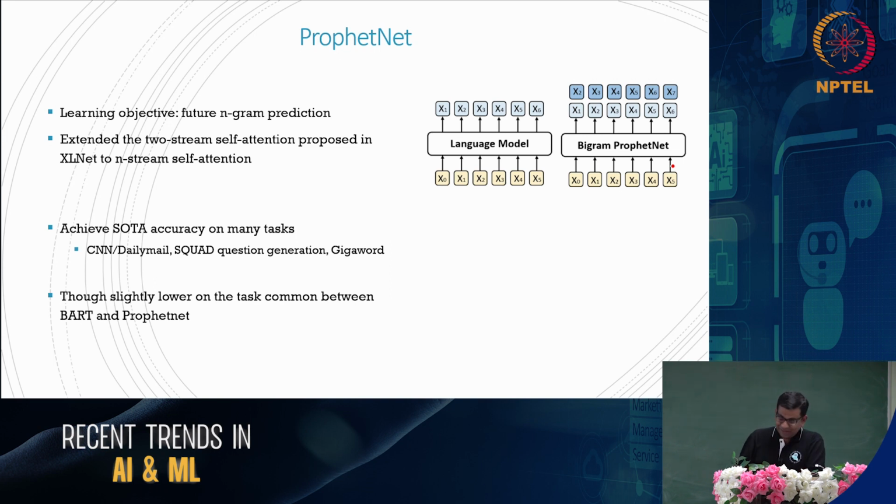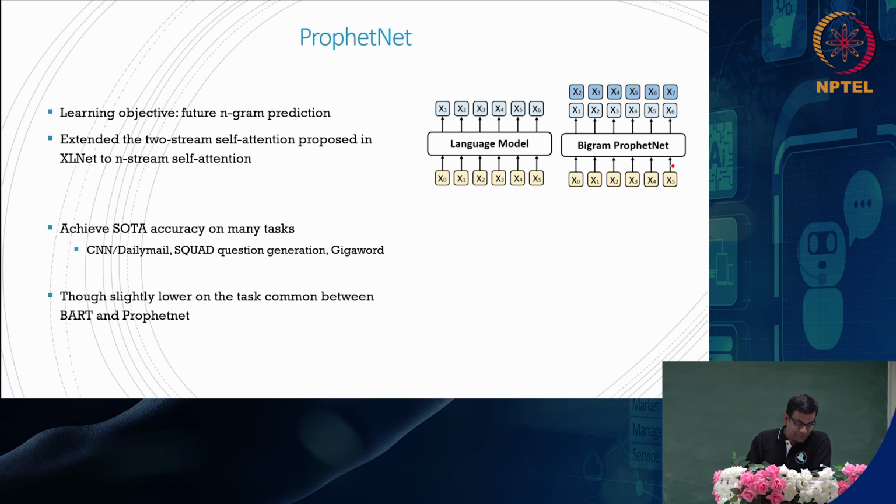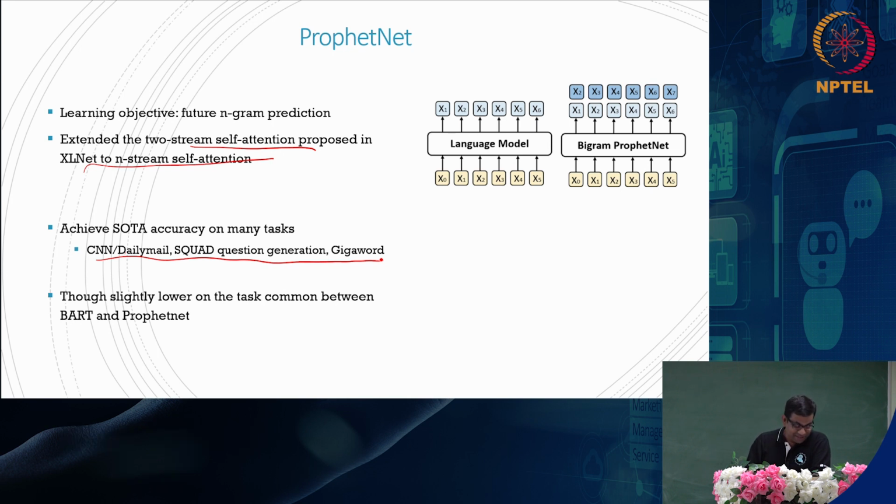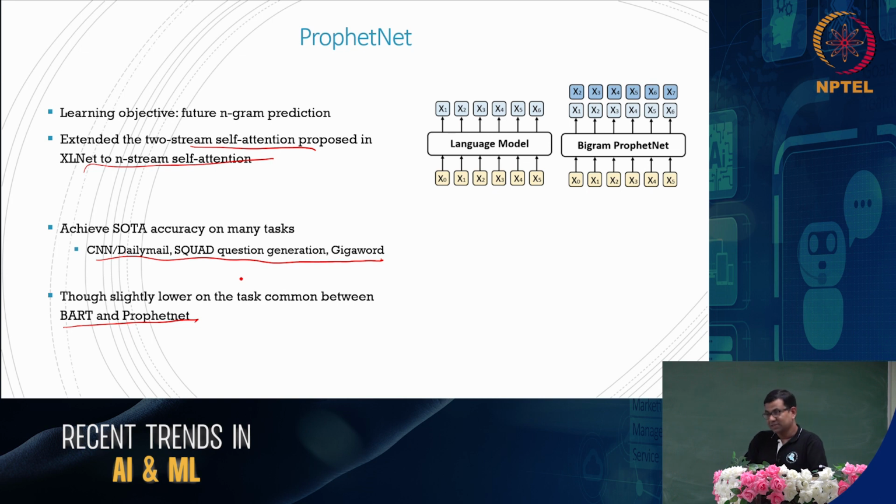Now, ProphetNet is a modification of that XLNet. Instead of two-stream self-attention, they tried n-stream self-attention. That's the only change here. The rest of the things are redundant because they achieved SOTA accuracy for this kind of task, which are all natural language generation tasks. But there is a caveat. SOTA is state of the art. It had slightly lower accuracy compared to BERT and ProphetNet on the task that was tried in